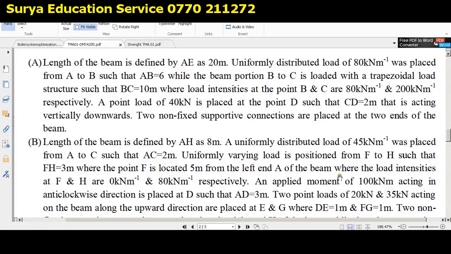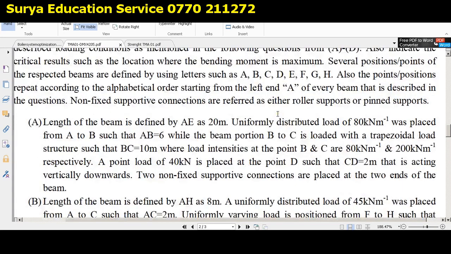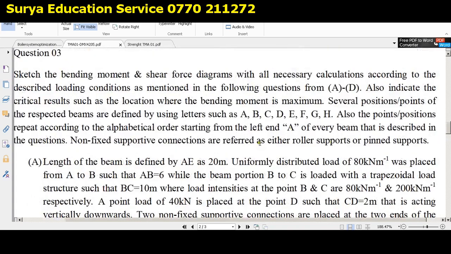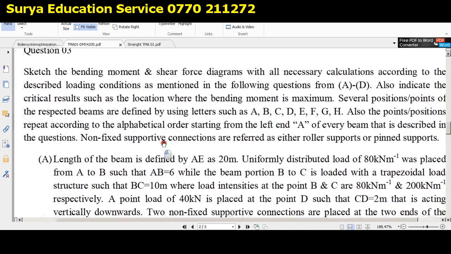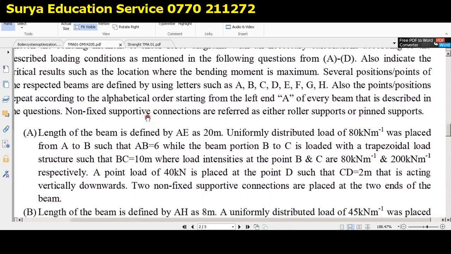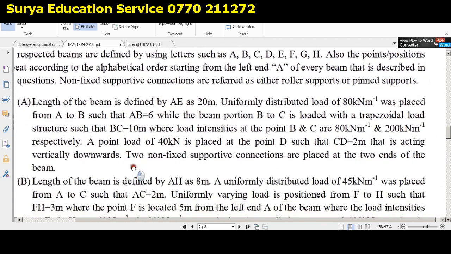So today let me discuss this bending moment problem. In this problem we will learn how to sketch the bending moment diagram and also how to find the critical points that are related with the bending moment diagram. So now let's see. In this problem, as you can see here, I have described